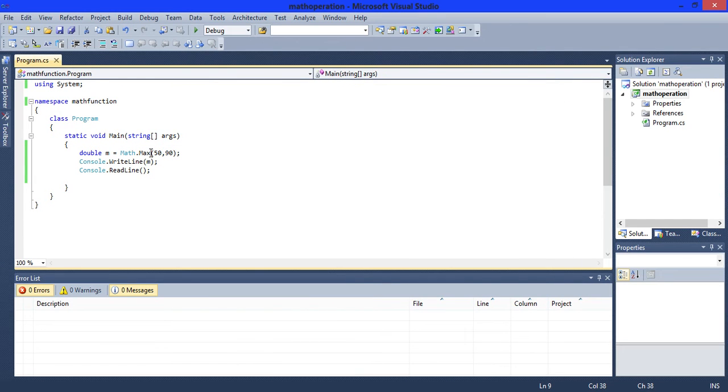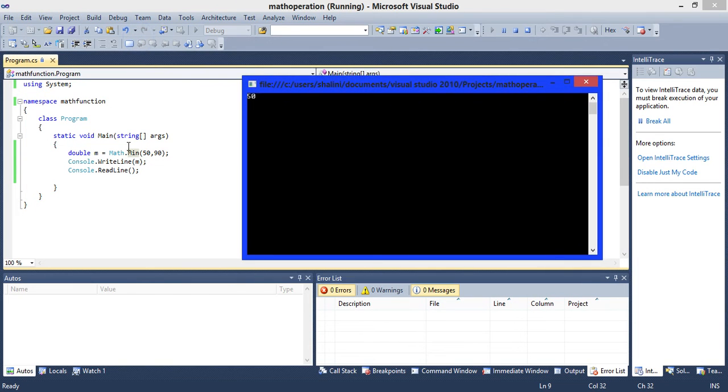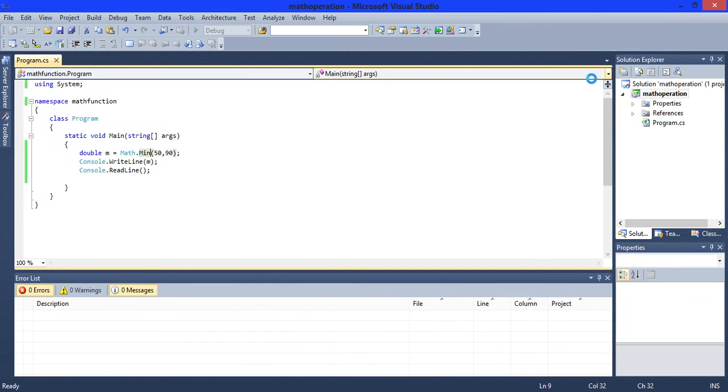Now see math.min function. Save it, run it. See, the output is 50 because 50 is smaller here. Okay. Now see